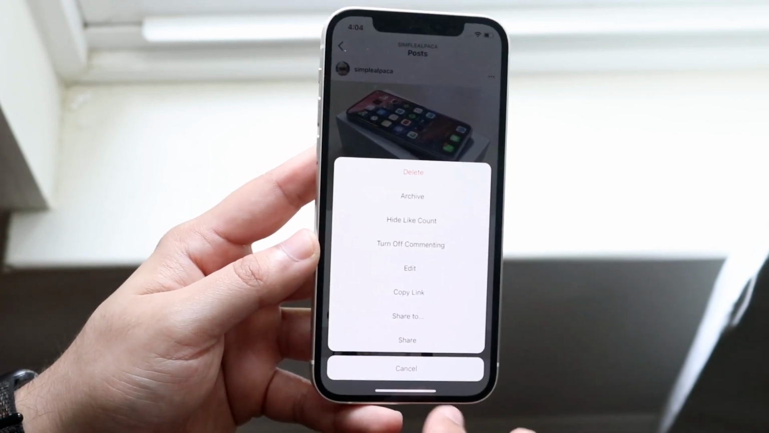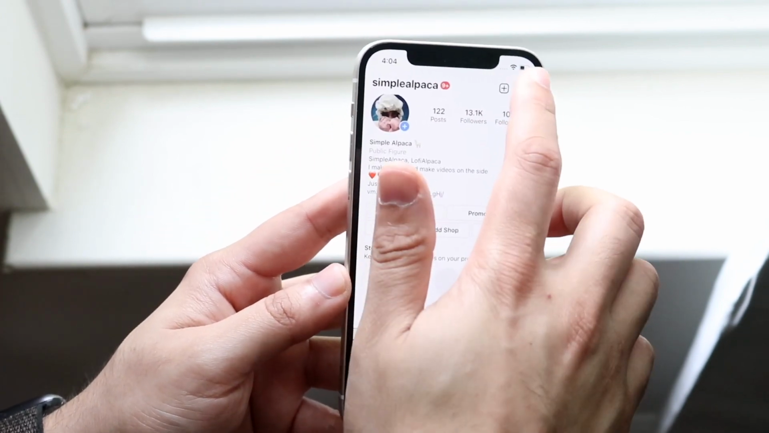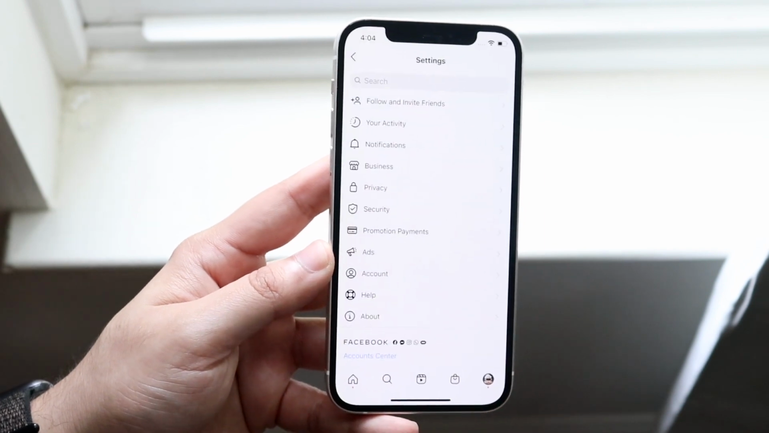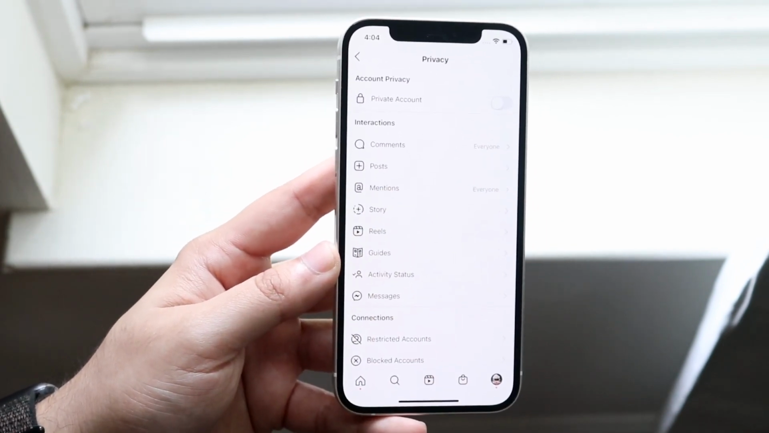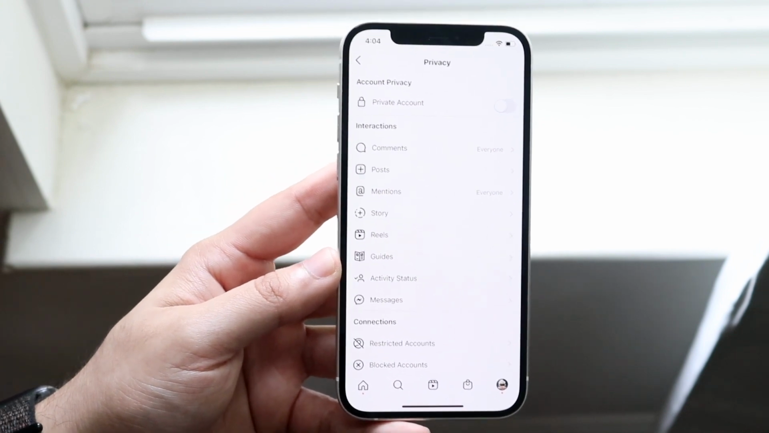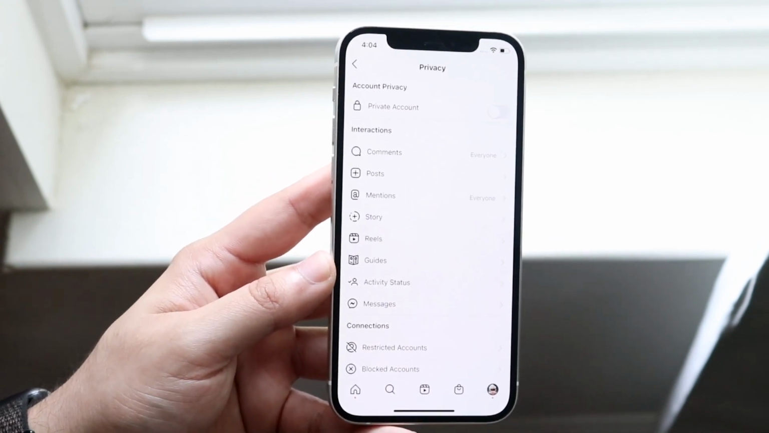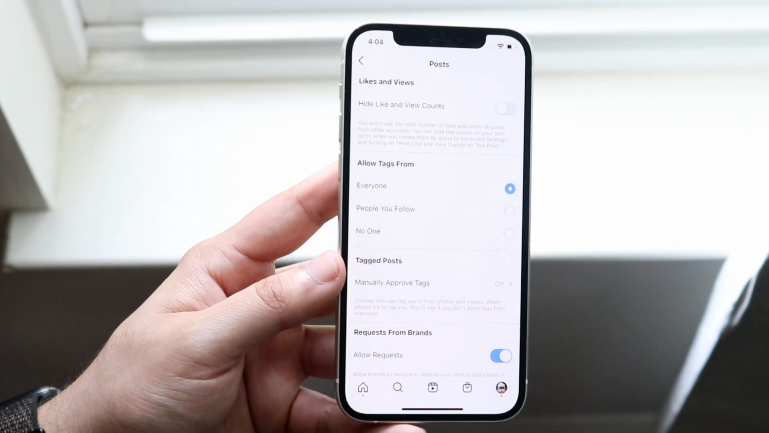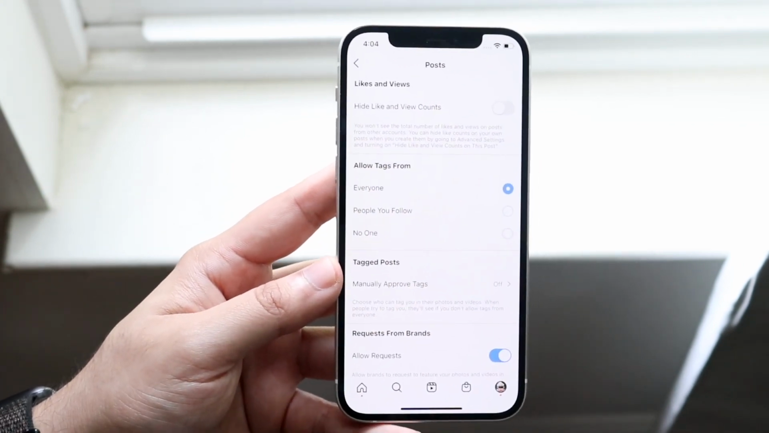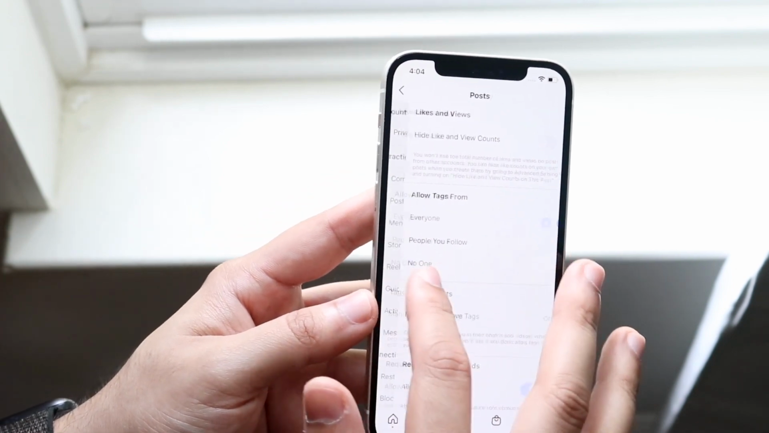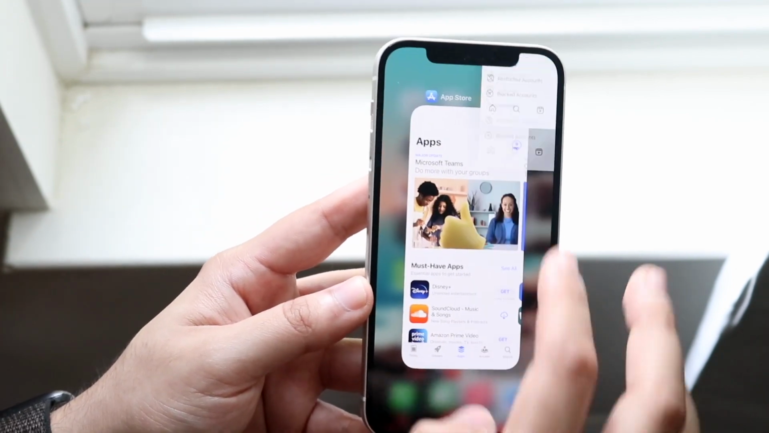Now, if you're up to date and you don't see it, the one thing that actually helped me out is clicking the three lines here, clicking on settings, and clicking on privacy, and I see this little post option. Before, I saw a tag option. So if you see that little tags option, you want to click on it. It'll load up, and you might see this little option up here that says hide like and view counts. All you have to do here is hop out, restart the app, and